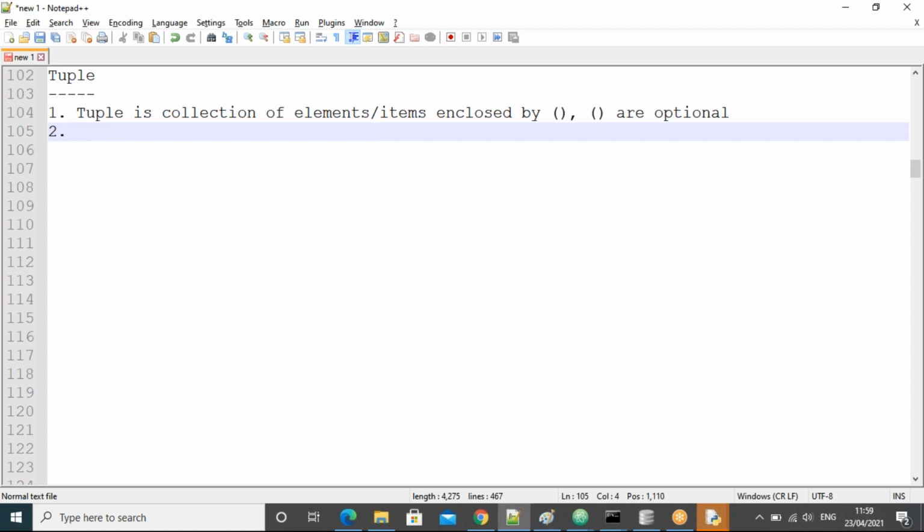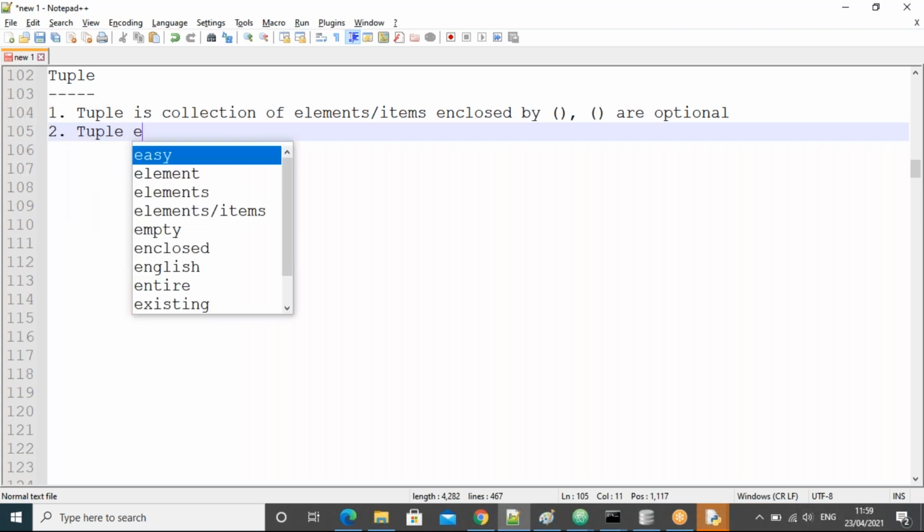Right. So next one, guys. Tuple elements can be homogeneous or heterogeneous.